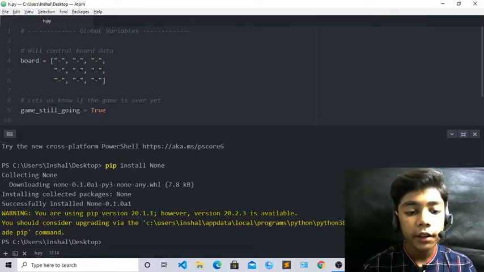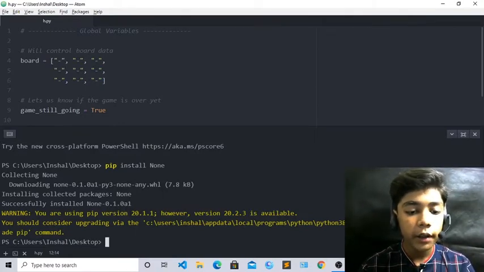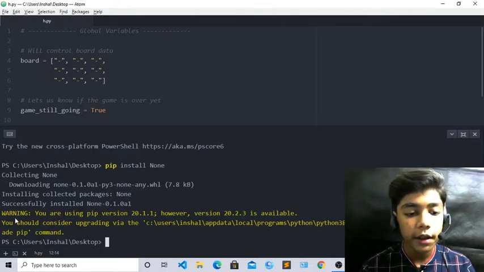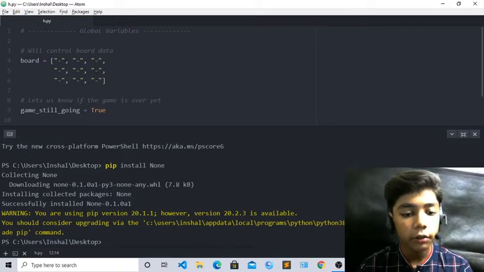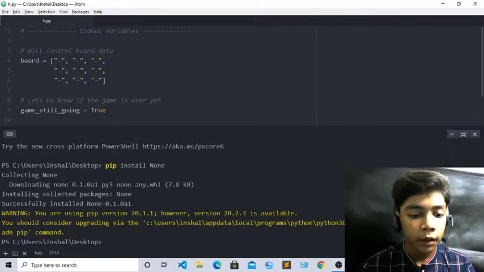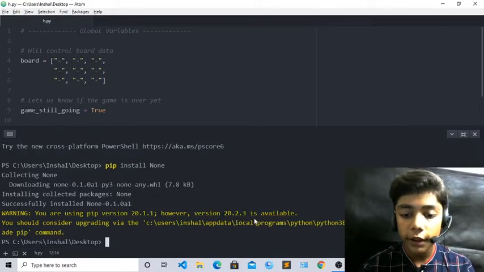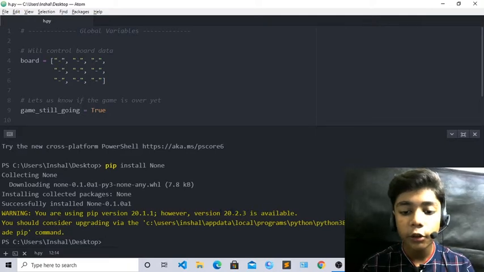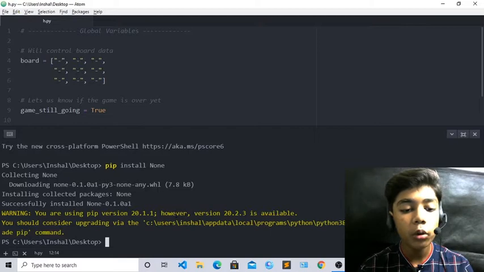Okay, so you can see it has the latest version, 0.1.0a1. I already had 0.1. So it is installed as 0.1.0a1. Okay, it is the new version which we have downloaded today here. Now you can see "installing collected packages none, successfully installed". Okay, because it is successfully installed, it is saying it is installed. Okay, you can see "You are using pip version 20.1.1, however version 20.2.3 is available." Okay, it is saying that 20.2 is available here, but you are using an old version.